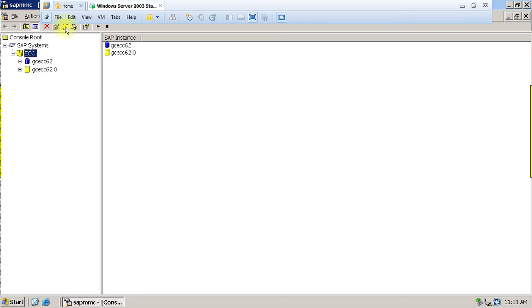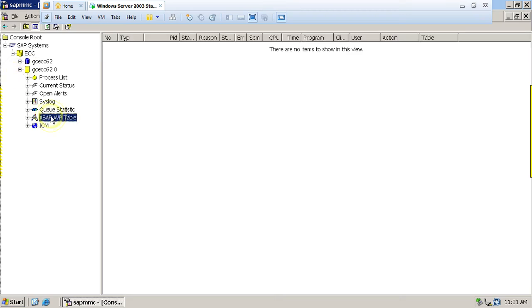Here we can refresh. Now the ABAP tables: wait till all ABAP tables are in the waiting stage, not running. After that, ECC will become green. Wait for the green.